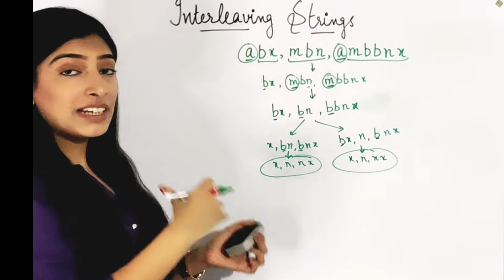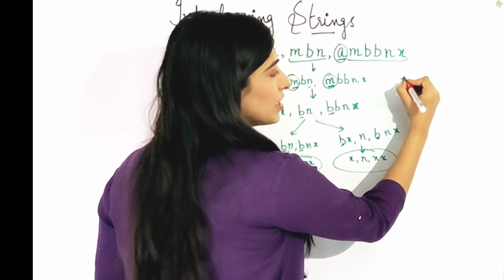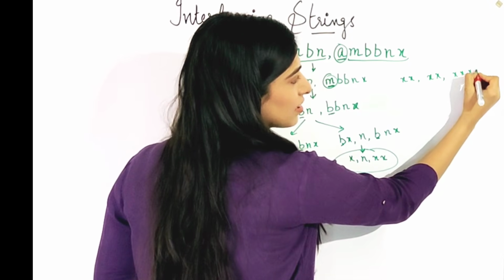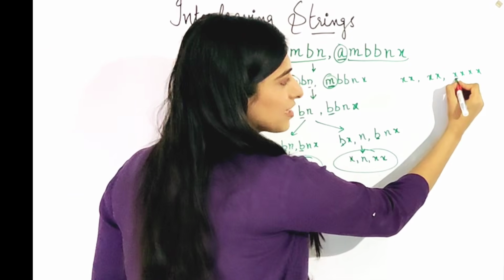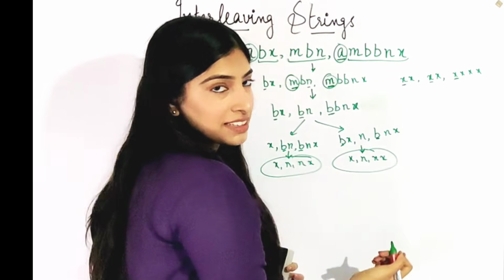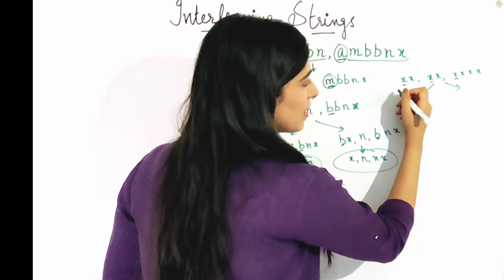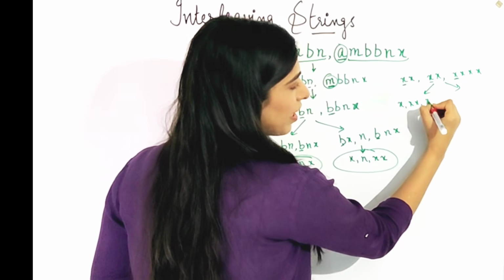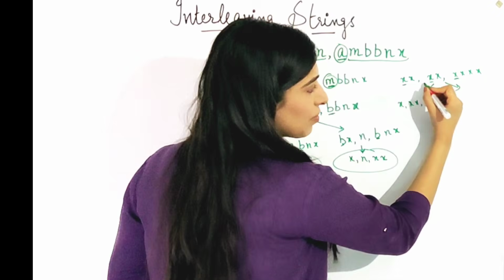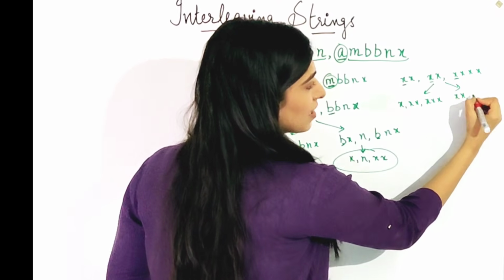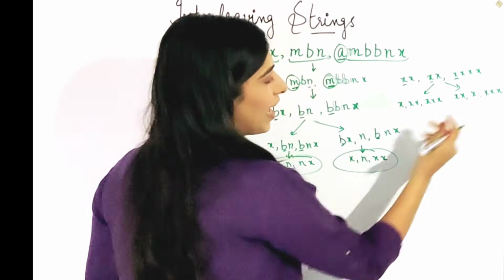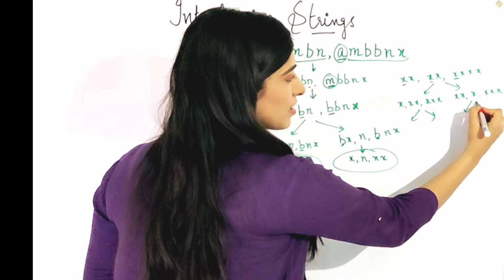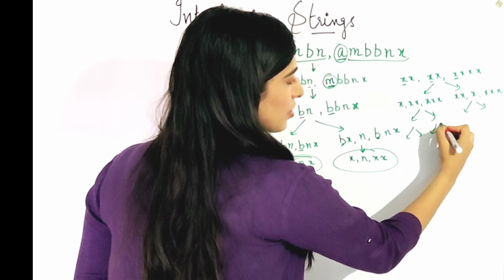To explain this more, let's take one more example. What if the strings were 2x, 2x and then 4 times x, right? Then this x can be coming from either the first string or the second string. So we will have to consider two cases, right? If it was coming from the first string, it will be x, double x and triple x. If it was coming from the second string, then it will be xx, x and triple x. Actually, if we see, these cases are the same, right? Now again, this will lead to two different cases, and so